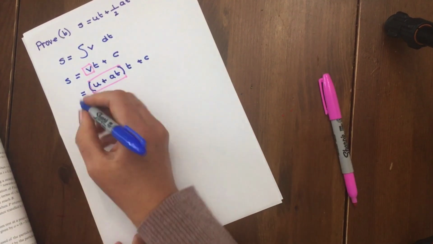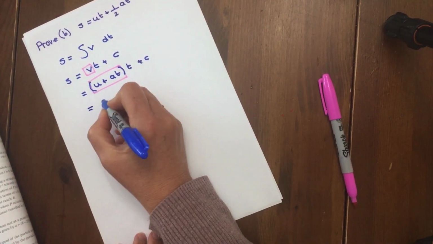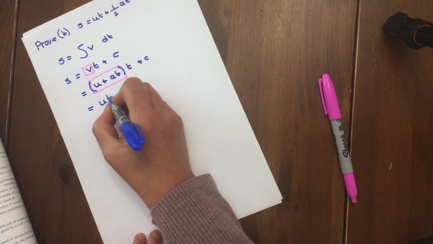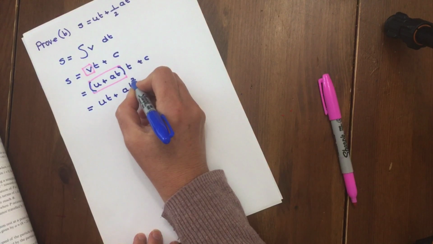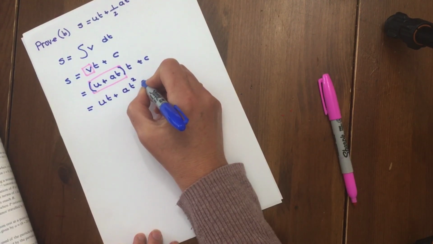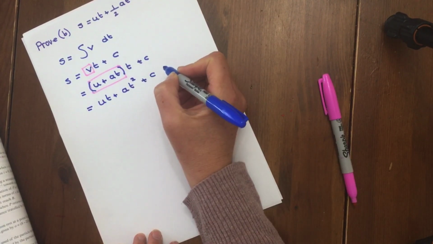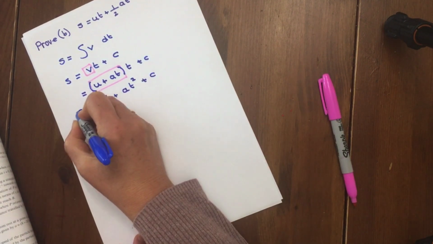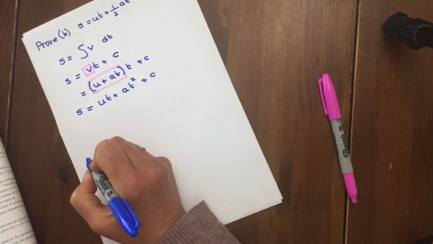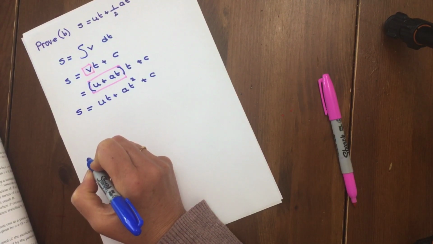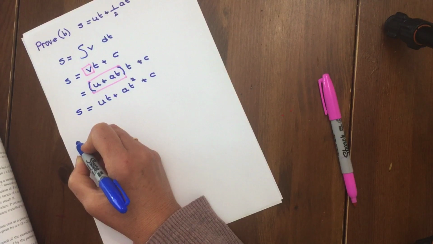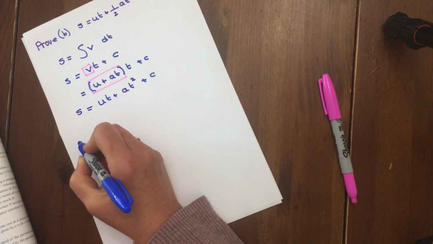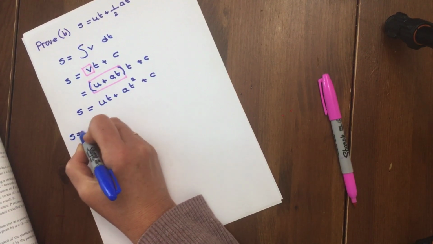So if I multiply that out, I am going to get ut plus half at squared plus c. Now I need to find my c, and I know at the beginning when s is naught and t is naught. So when s equals naught,